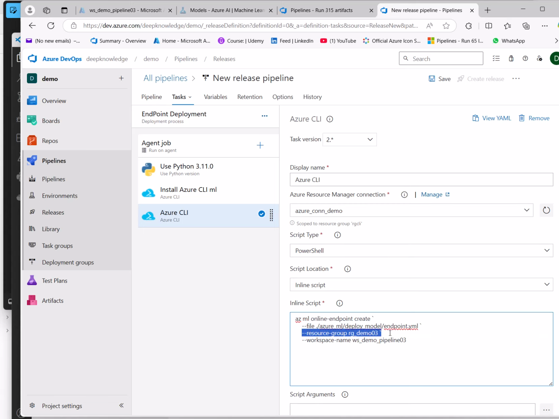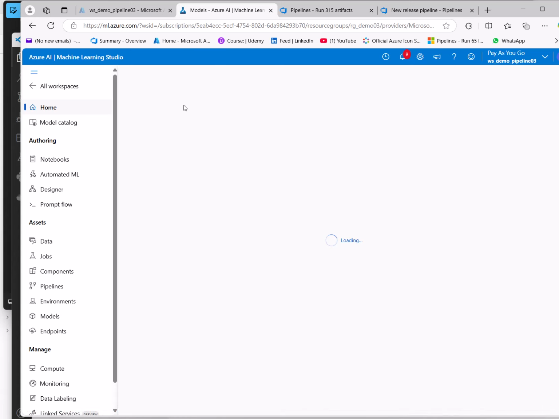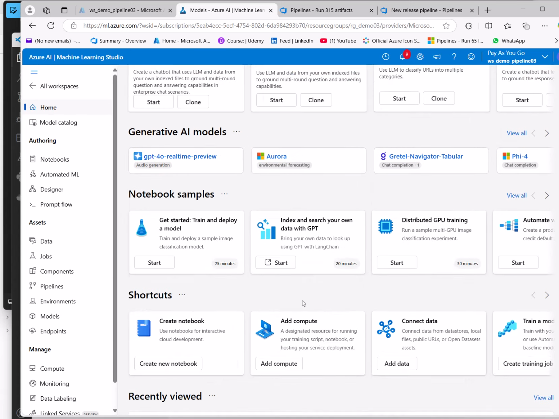And in which resource group would you like to create this endpoint? I mean, where's your model? So it's in a workspace, this one, and this is the resource group. As you can see here, it is in workspace demo pipeline 03. And if you go to this, you can see the